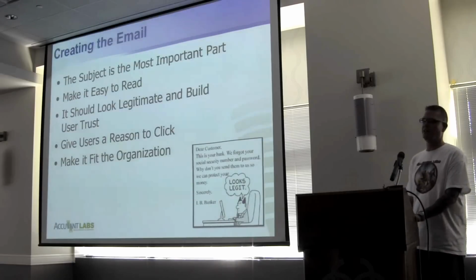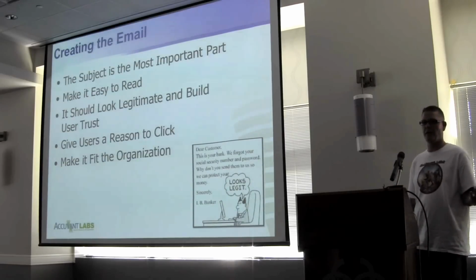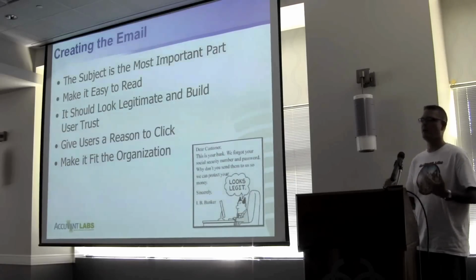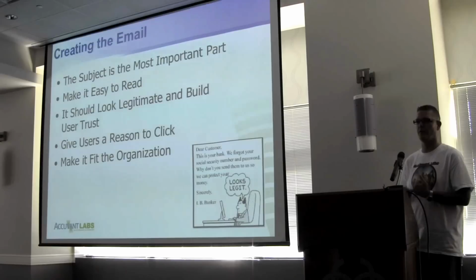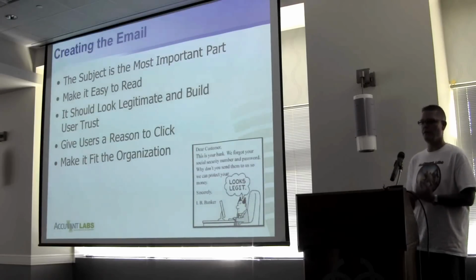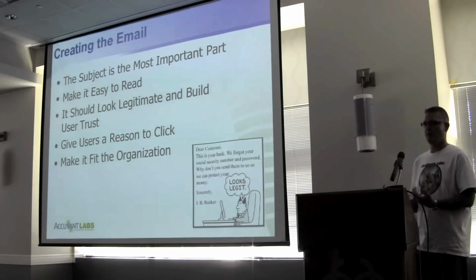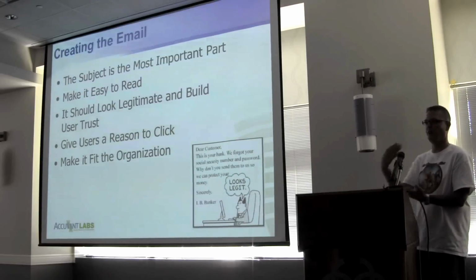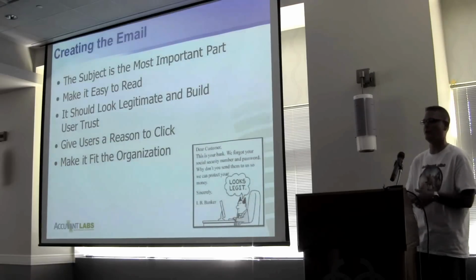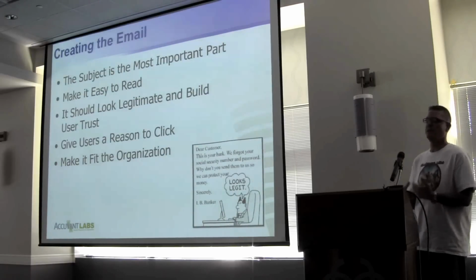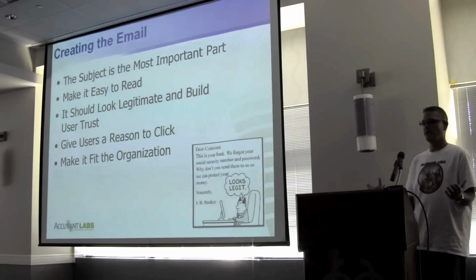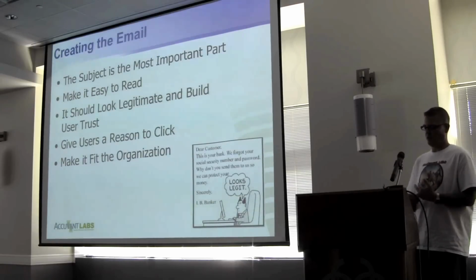So the subject line has to be catchy, right? Because if the subject line of the email isn't catchy, no one's going to open it. It's got to be easy to read. It can't be complicated like some PhD professor at Harvard wrote it. It's got to be a normal email. It should look legitimate, right? So like Eric was talking about, it should have the footer from the company. It should have the phone number. It should all be spelled correctly. Grammar should be right. If I'm sending out a corporate email to everybody in my corporation, I'm going to spell and grammar check it like 8 times so I don't look like an idiot. And so an email should look like that.